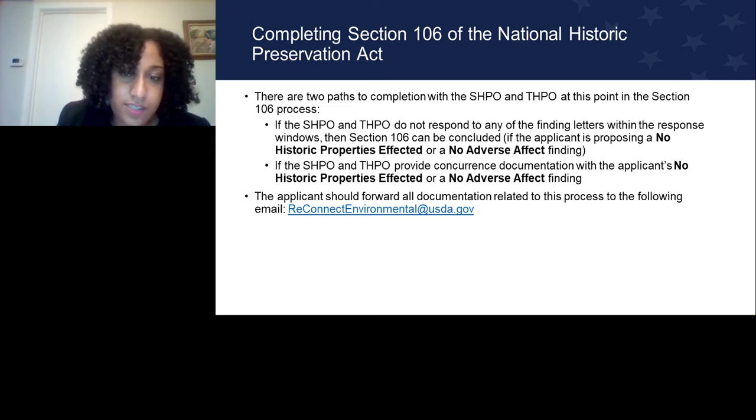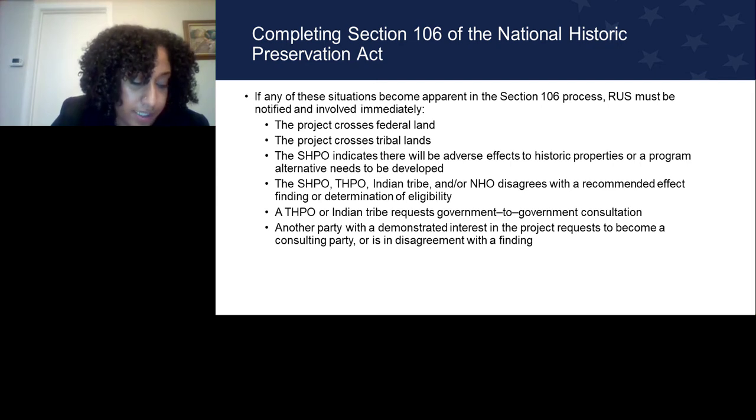So on this slide, we've listed a number of scenarios. If any of these situations become apparent within the process, you should probably notify us, the RUS Cultural Resource staff, immediately. For one, if the project crosses federal lands, if the project crosses tribal lands, if the SHPO indicates there will be adverse effects to historic properties or a program alternative needs to be developed, if the SHPO, THPO, Indian tribe, or Native Hawaiian organization disagrees with the recommended finding of effect or determination of eligibility,